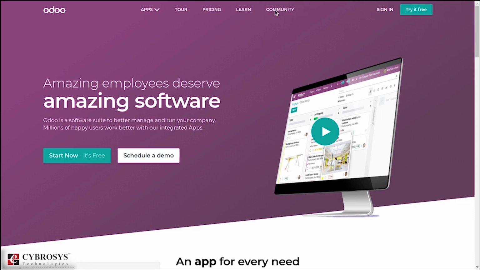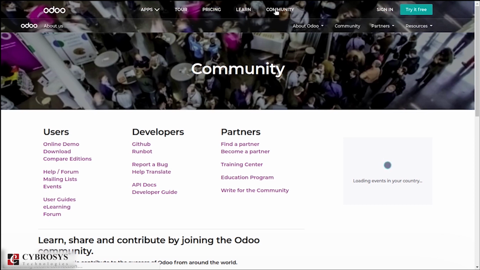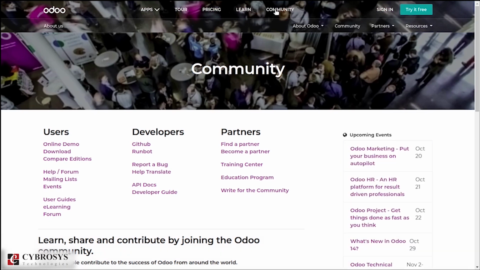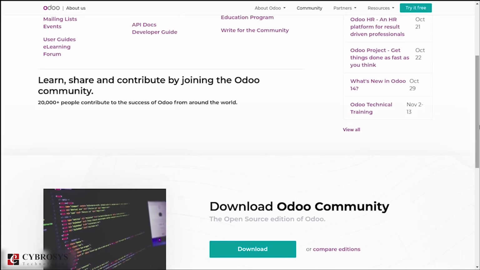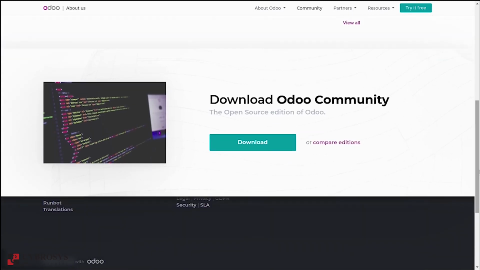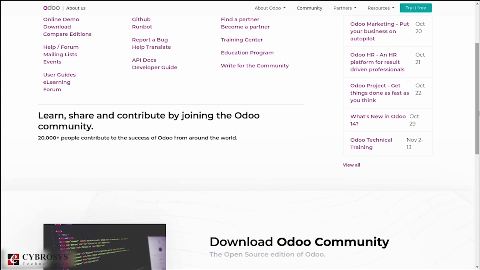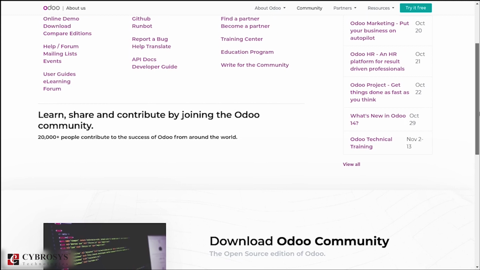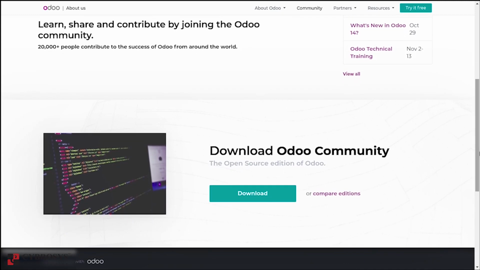So Odoo Community is an open source edition that is available free of cost, that is, there is no license fee, however with limited features or functions. Whereas the Odoo Enterprise Edition is Odoo Community along with some additional functional apps, which is paid and has advanced features that benefit the company at large.